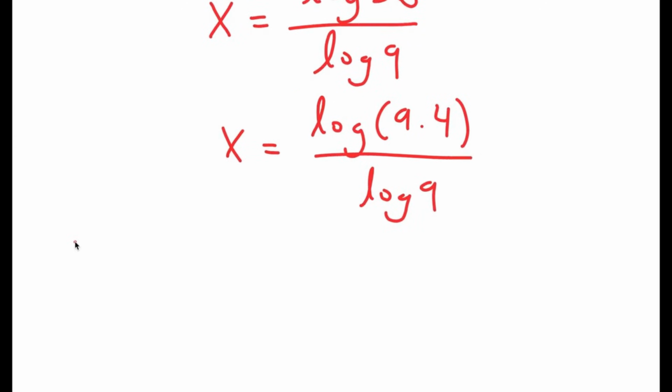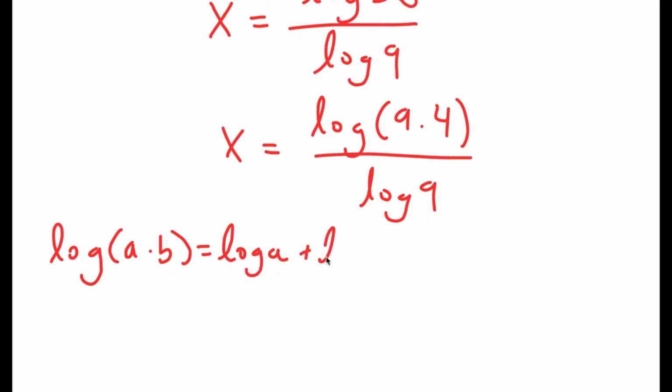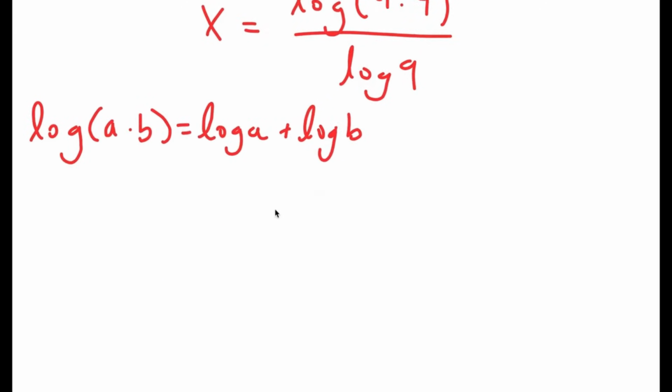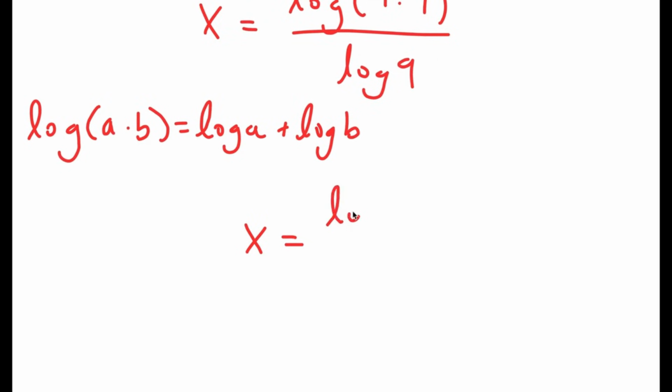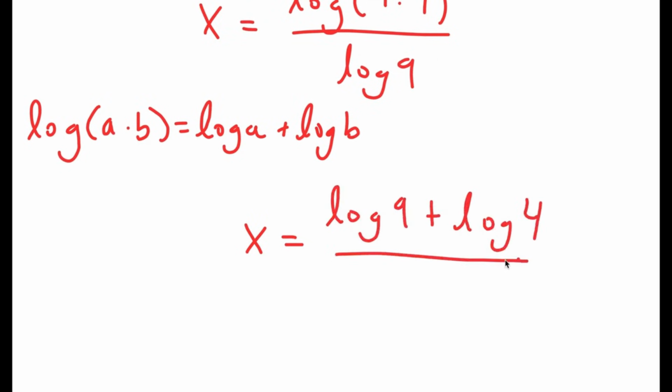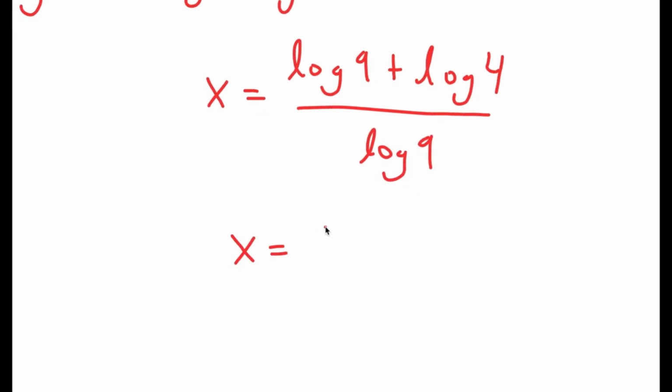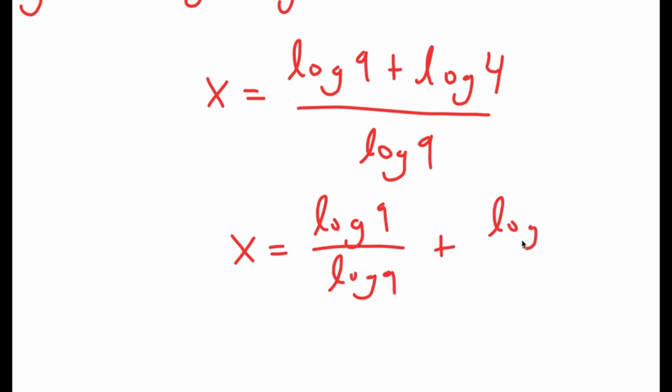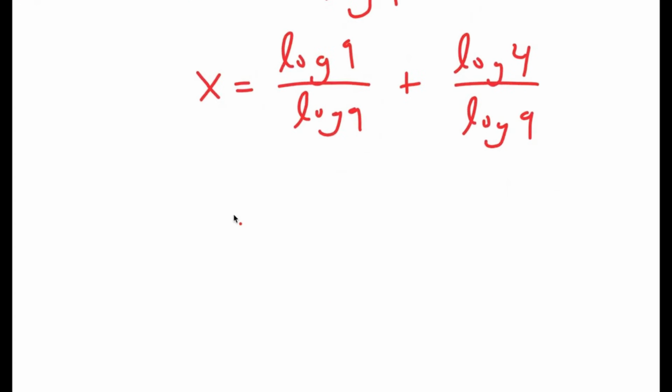I did this because I can use the property log of a times b is equal to log a plus log b. In this case, this turns into log 9 plus log 4, and I have this over log 9. So now this is equal to log 9 over log 9 plus log 4 over log 9,